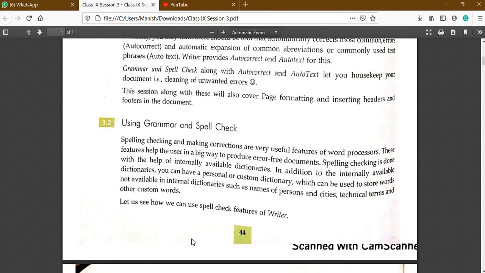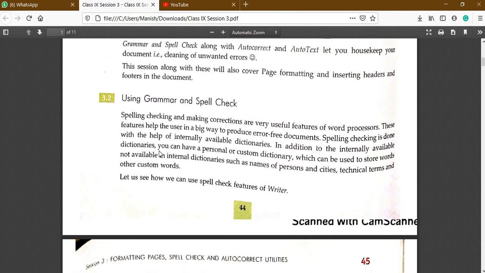Here it is written: spelling checking and making correction are a useful feature of word processors. This feature helps the user in a big way to produce an error-free document. So these spelling and grammar check features help us to make an error-free document.